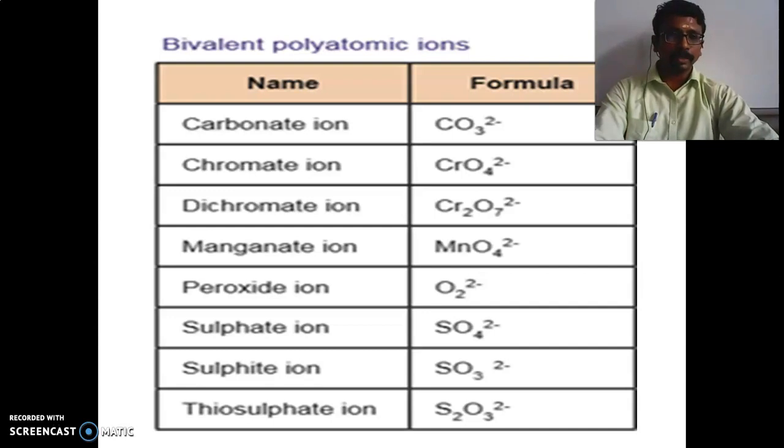In the previous session we discussed 4 questions. Those questions also you have to write in your note. In this session we discussed some chemical formulas and ions. You have to learn these by heart. If you learn these cations and anions with their valency by heart, you can easily write the chemical formula. It's very easy. It's basics, so you have to read it.